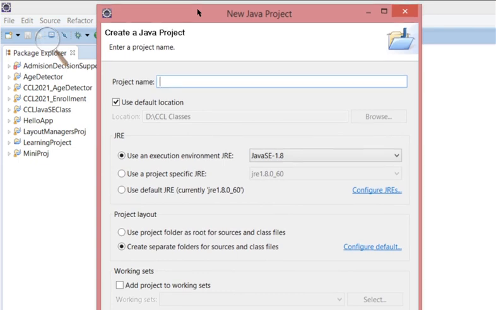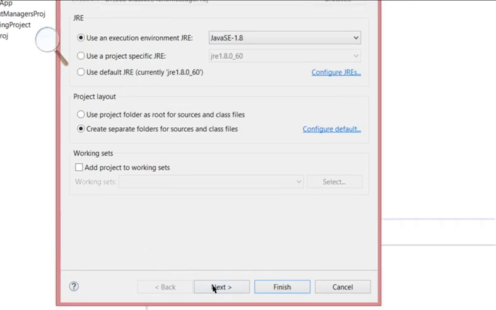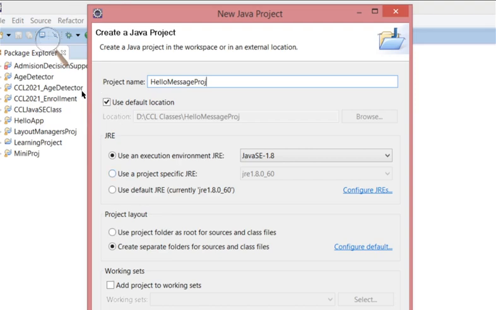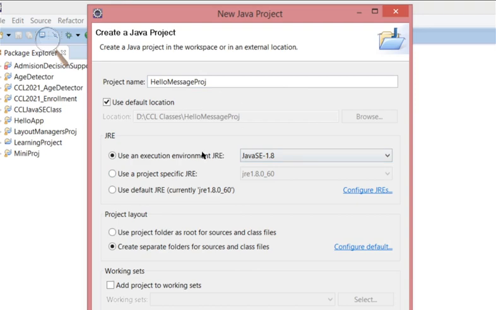So I want us to display a hello message. Let's name it hello message project. For example, hello message project. So this is information about the JRE, that is the Java Runtime Environment version, which is 1.8. You don't need to change anything unless